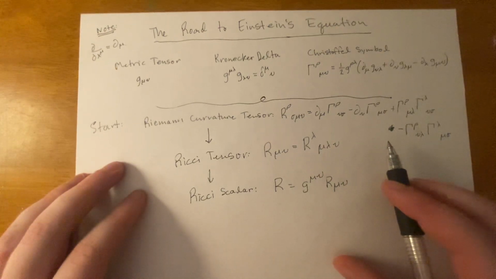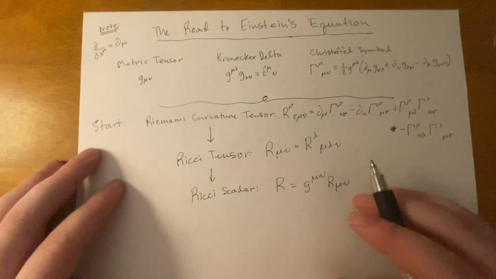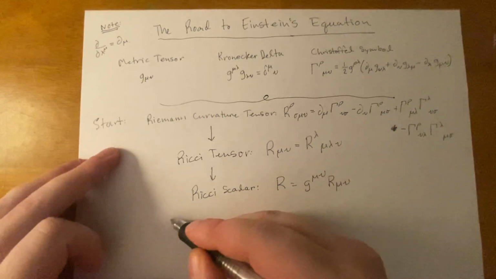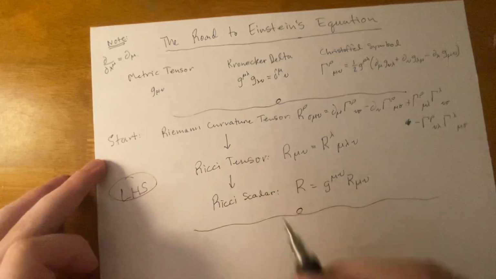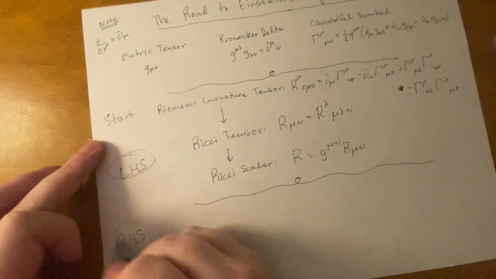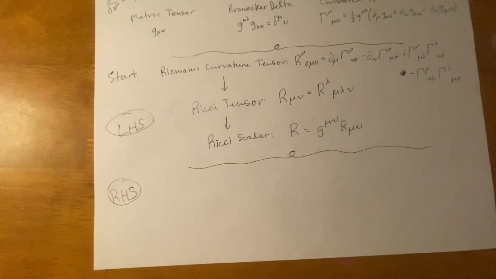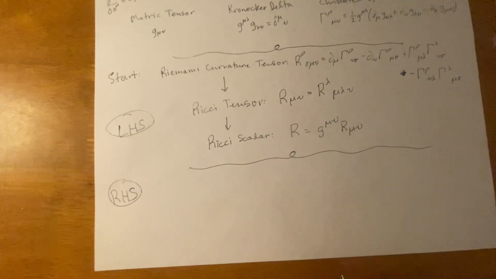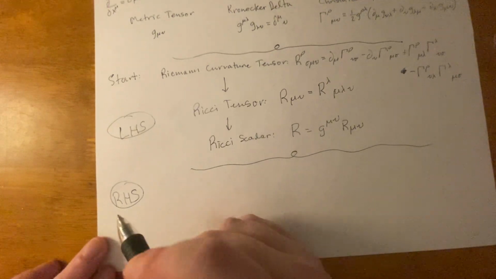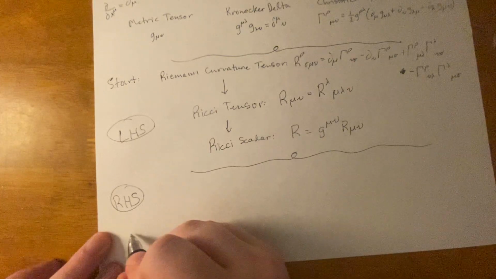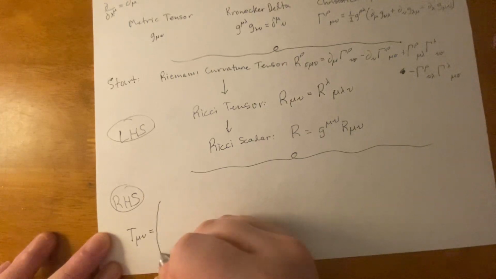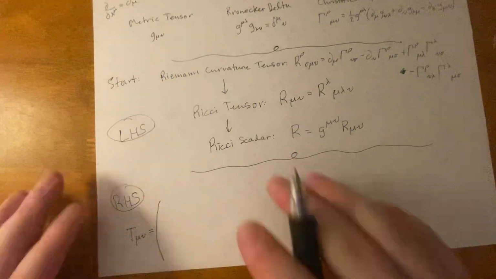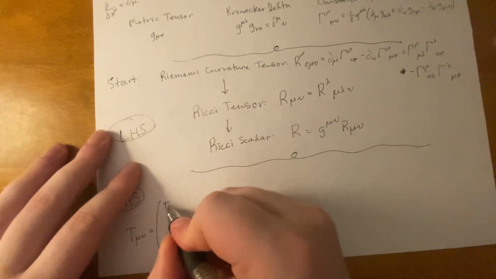Now we're missing one really important thing. So this is for the left-hand side. For the right-hand side, we have the momentum energy, or the stress energy tensor. So it looks like this, and I'm going to provide the full 4x4 matrix. So we have T,